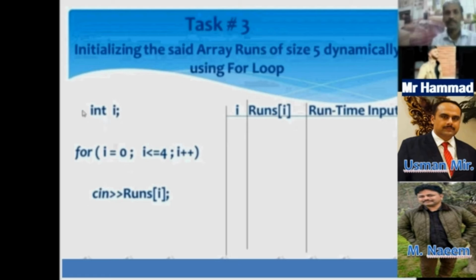Over here, three statements are there. The very first one is the declaration statement of the loop variable, the second one is the for loop statement, and the third one is the for loop associated statement. And on the right hand side, my dear student, you will have to draw three columns. Right now, in this online lecture, you need not write anything, all right?